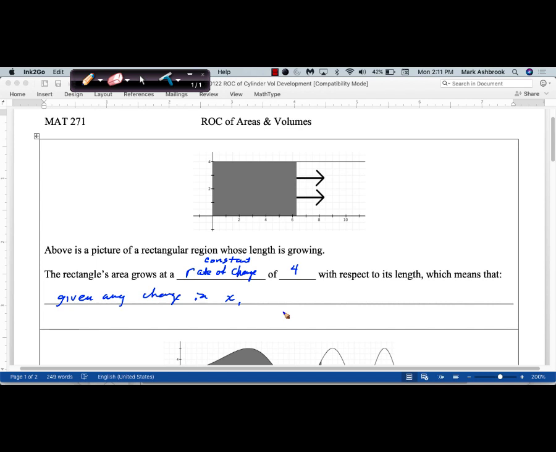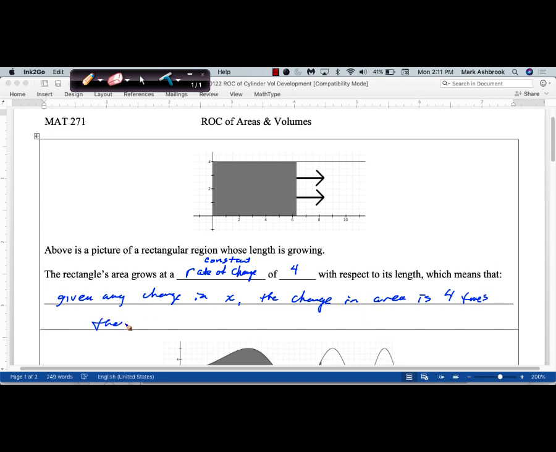You said area. You don't get area, you get... 4x. No, but, okay, but so given any change in x, if you multiply that change by 4, he said you get area. Is that right? No, instead we get how much area increases, the change in area. So it was almost right. So given a change in x, the change in area, or the increase in area, is 4 times